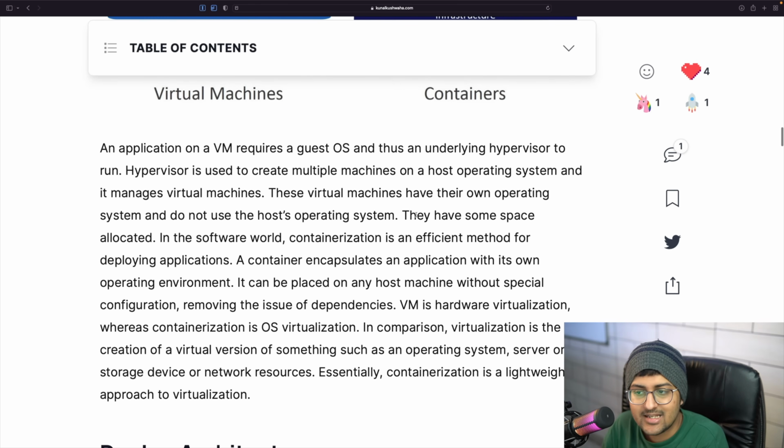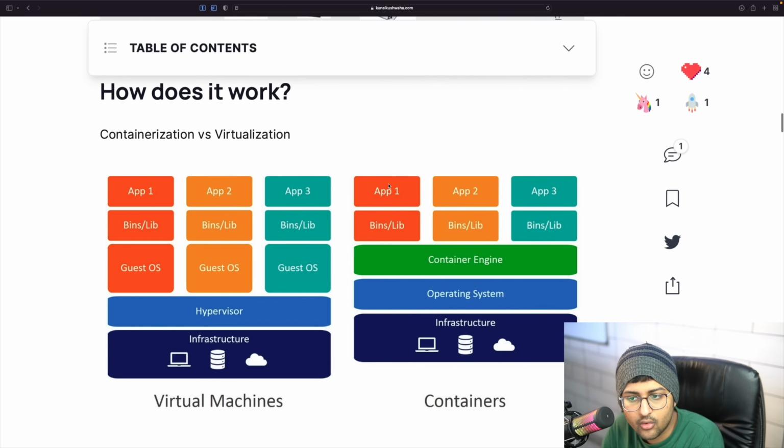So as you can see, containerization is what we use to deploy applications. It encapsulates the application in its own environment. So this application, for example, will not know what's going on outside it. If on my Mac I'm running a particular container in a virtual machine or whatever,